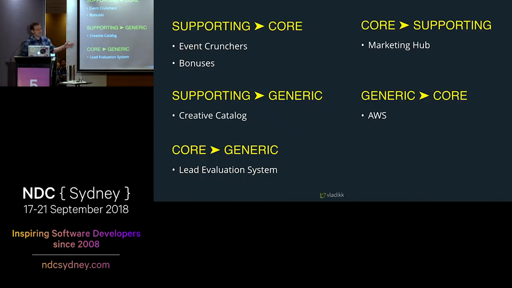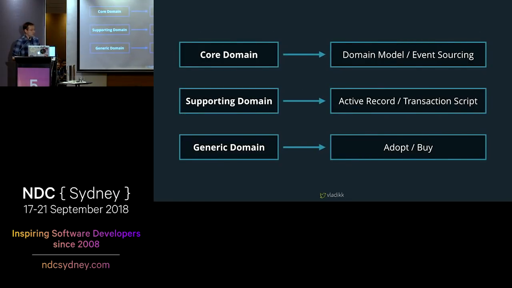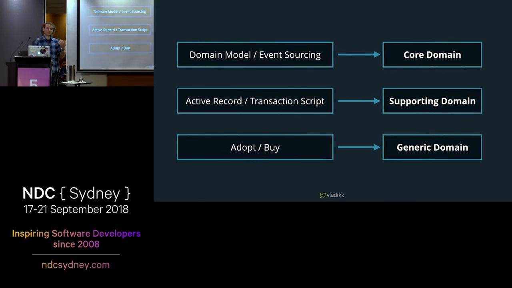Now, once this kind of change happens, your design should evolve accordingly. Failing to do so in time will lead to lots of accidental complexity and pain, architectural pain. Therefore, instead of making design decisions based on domain types, we prefer to reverse this relationship. For each domain, we design its implementation strategy first. No gold plating here, the simplest design that will do the job. And from this design, we deduce the domain's type.